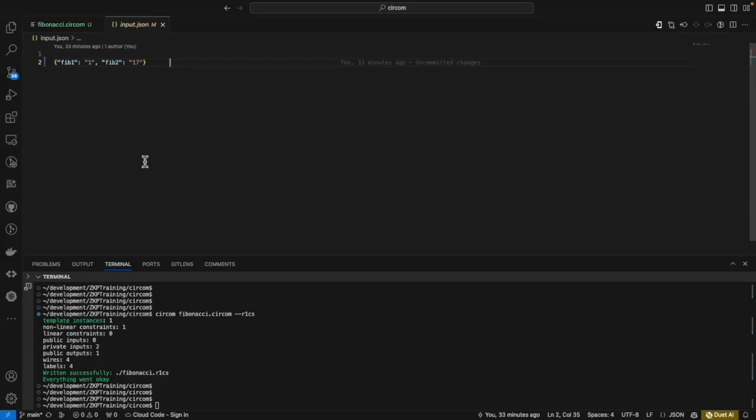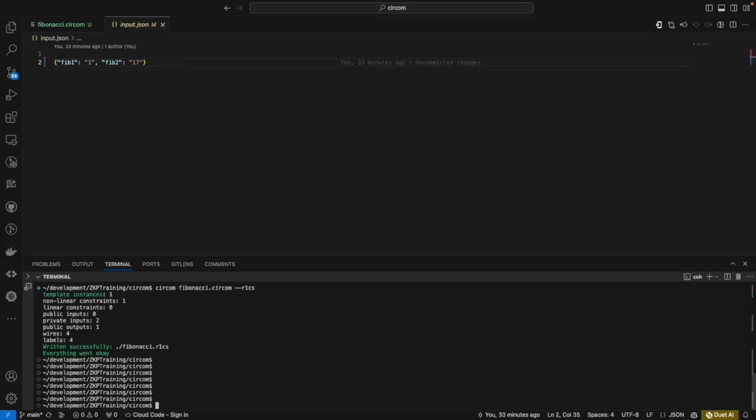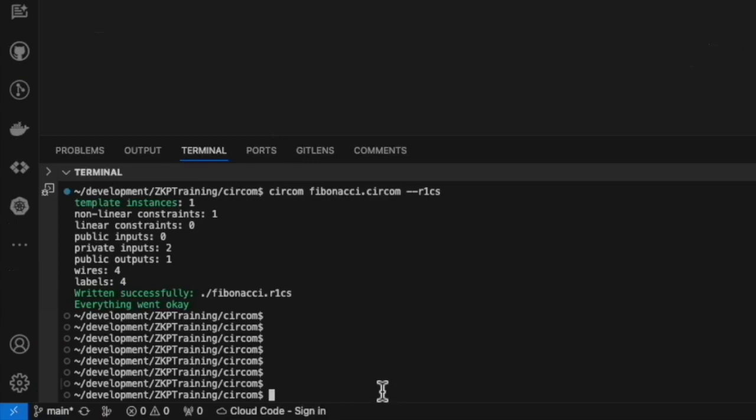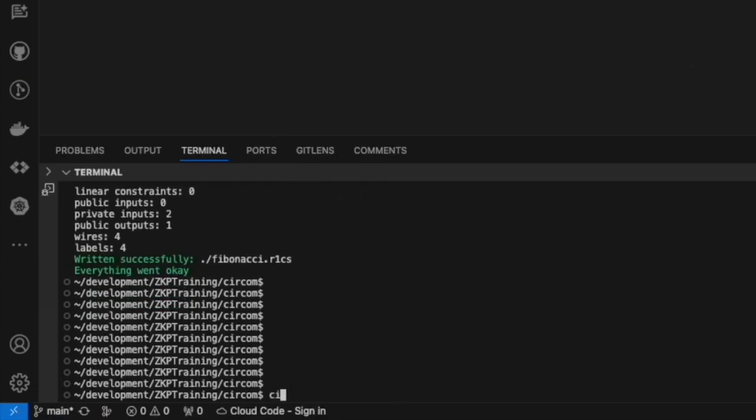Also, to create the WTNS file, we use the Circom compiler again. So we go to our fibonacci.circom code and then type circom fibonacci.circom. As you remember, the first switch was --r1cs, which generates a binary format r1cs constraint system for our Fibonacci circuit. And also the second switch is --wasm, which produces a wasm file, which is a WebAssembly code needed for the witness